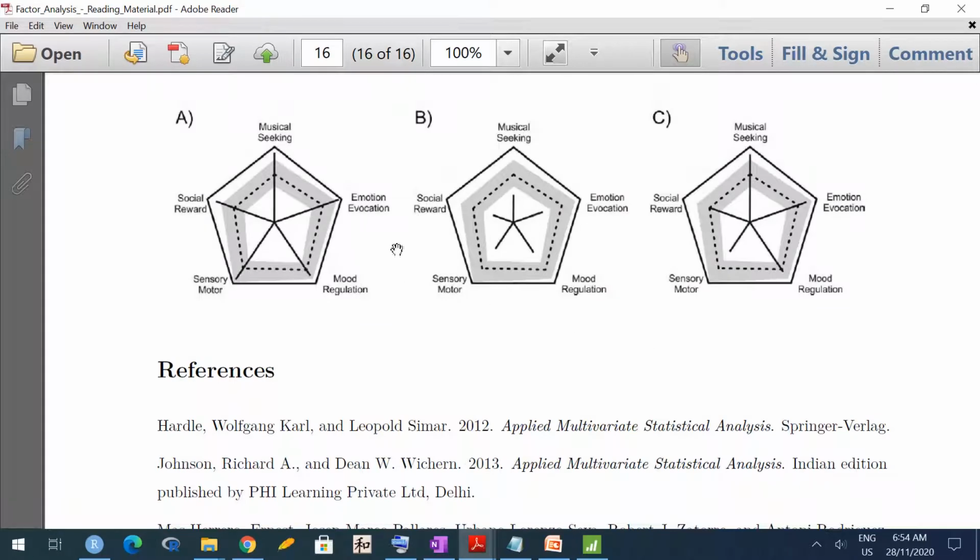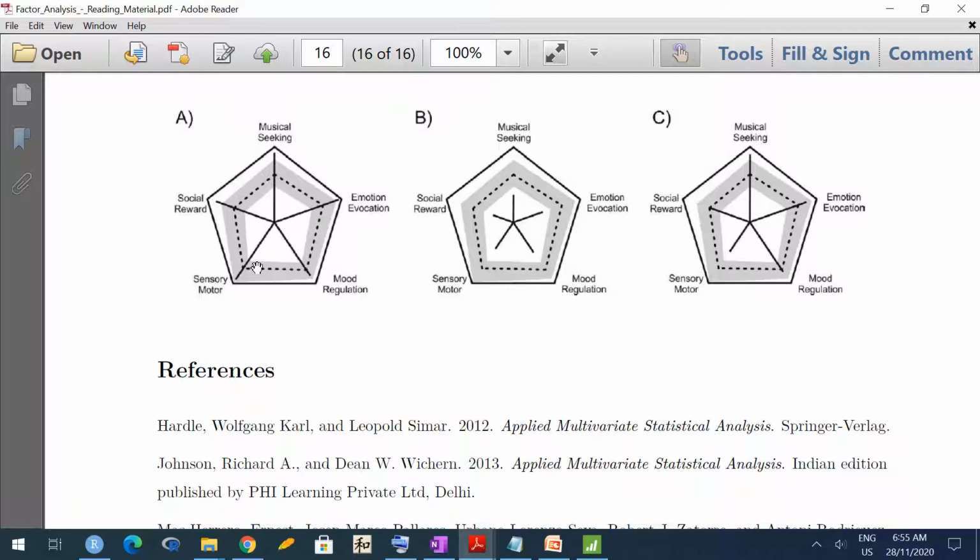So even here they have given scores of individual people, and they have plotted them on a star plot. Why on a star plot? So that they can express all 5 variables together, all 5 factors together. So here, what are the interpretations from this graph? This outer pentagon denotes the highest value of each variable, and they have joined them.